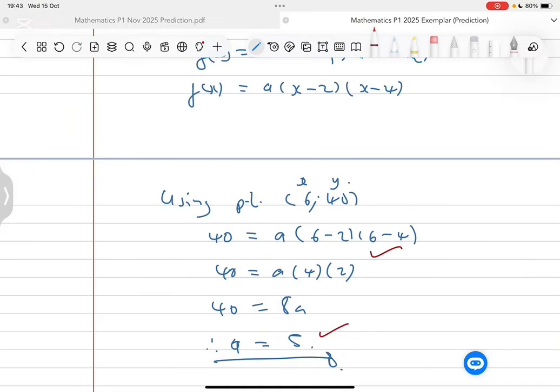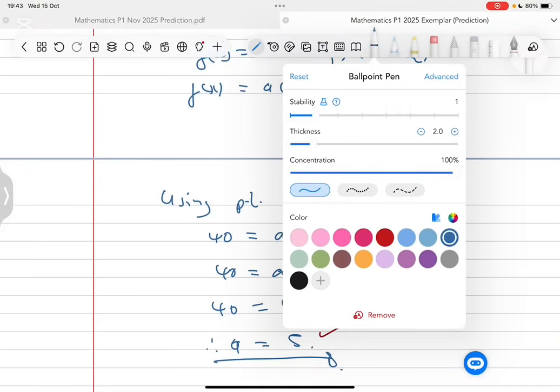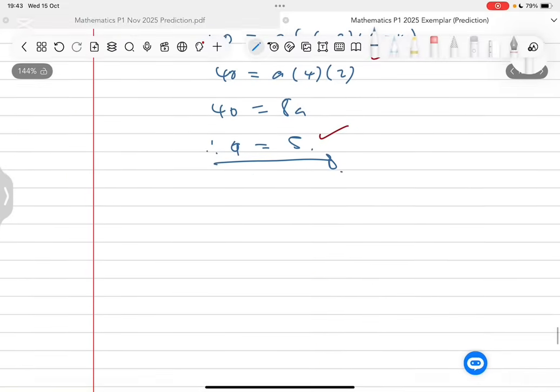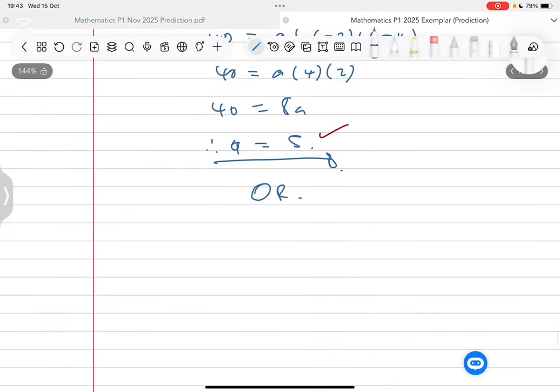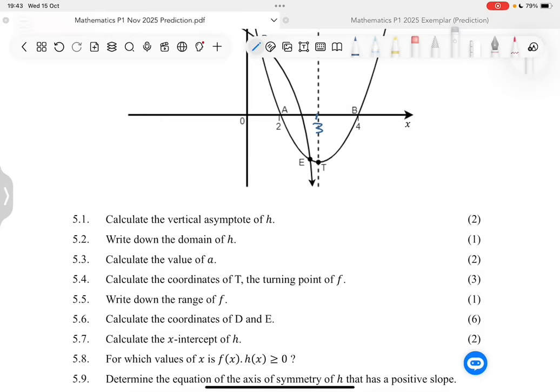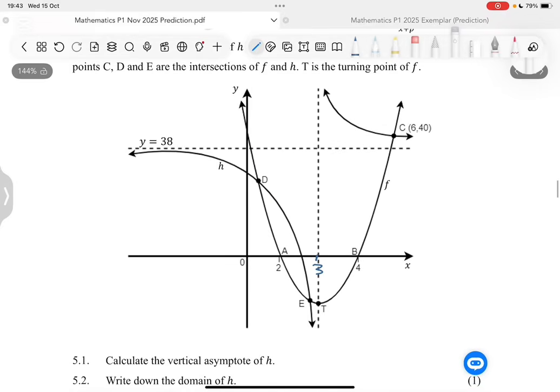Now, there's another way in which this question can be done, and I want to share that way with you because remember, we want to leave no stone unturned. Now, here I'm going to use symmetry, and to use symmetry, I will argue that the distance from